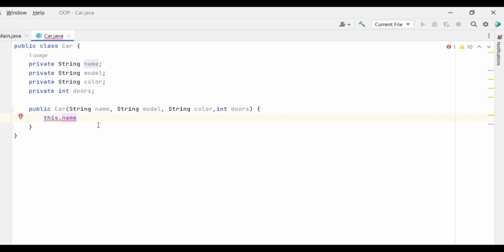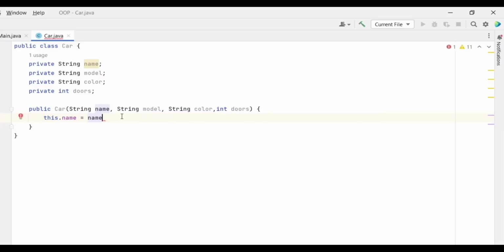So now we're using the field name, and the field name is the one which stores the state. I'm gonna put equals name. So the name that is gonna be passed to the parameter name is gonna be assigned to the field name. As you can see here, it has also a different color. It has this color because it's an intelligent way of telling you that this is a field.